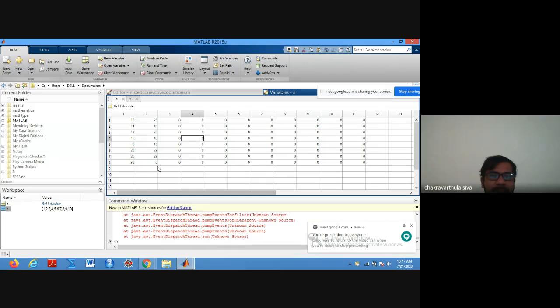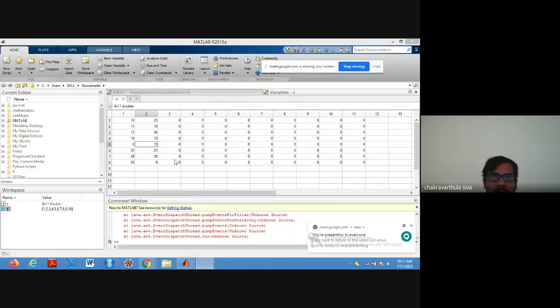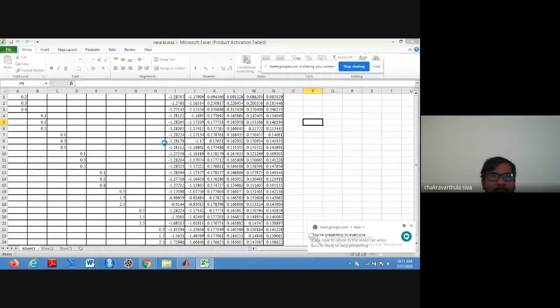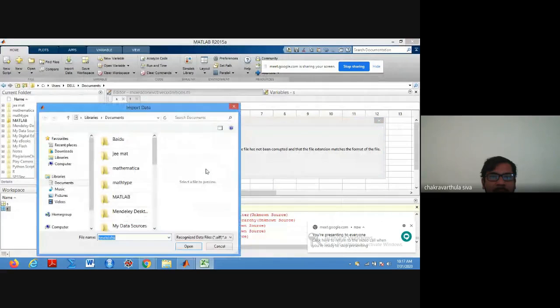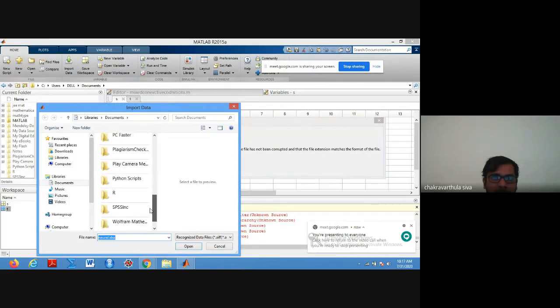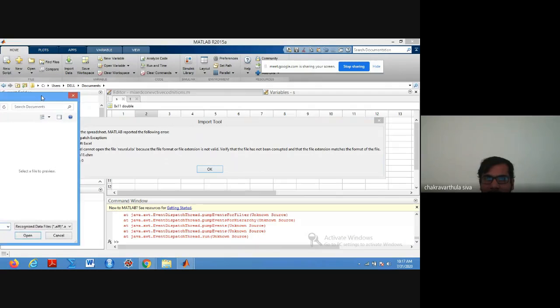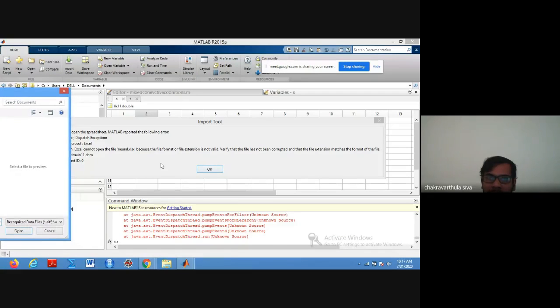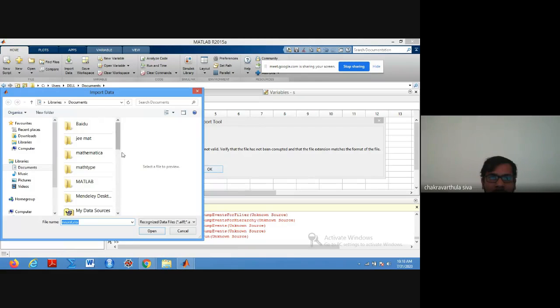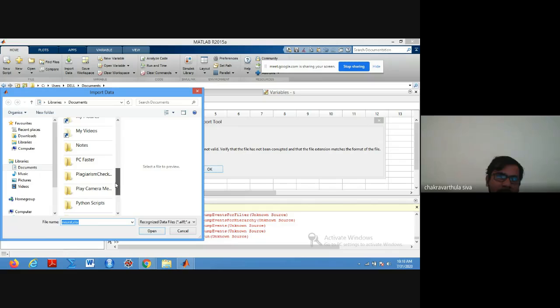So for importing the data, not yet imported, right? It is going to ask us, after importing data, we need to process it. Yeah, it has been imported. I could not open it here because there is some error. What is the error? The XLS file, because the file format extension is not valid. Okay, we have to select another kind of data.